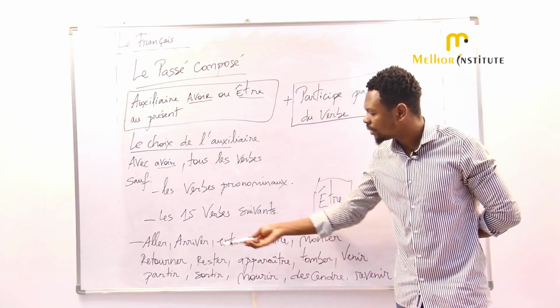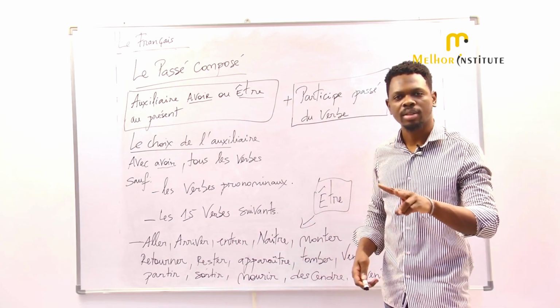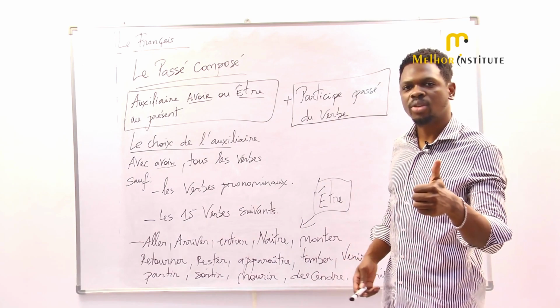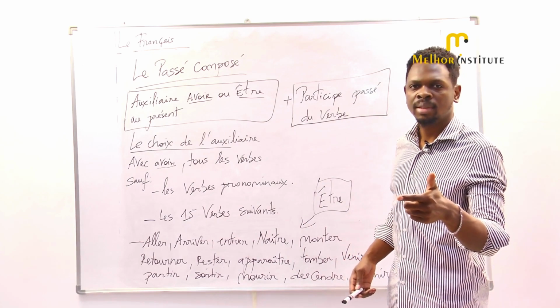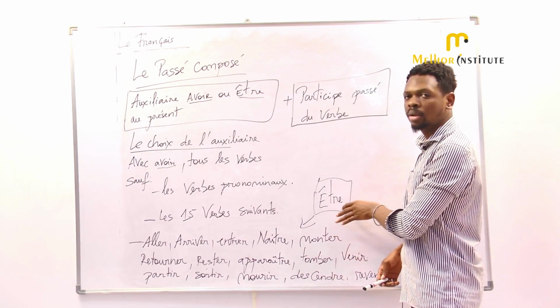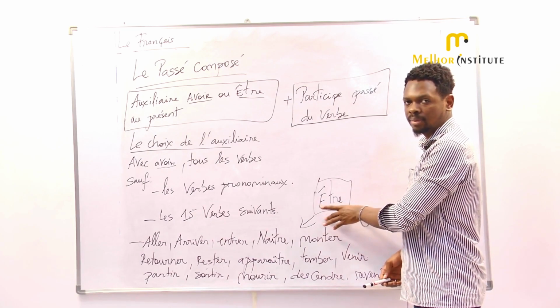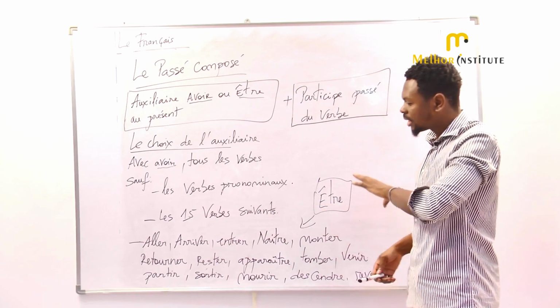Why? These 15 verbs express two things. Either a change of place or a change of state. We use the auxiliary être. Okay? Except from these 15